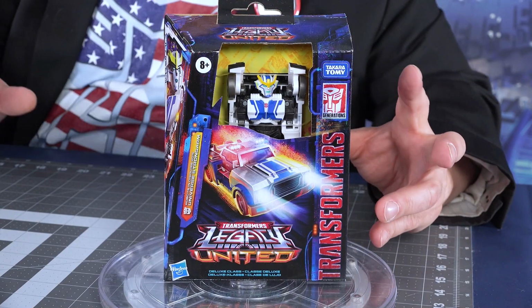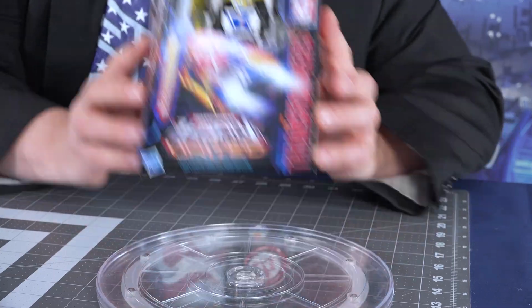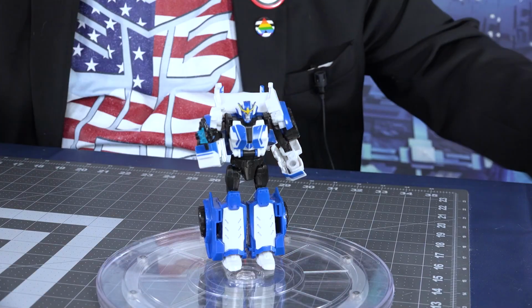It is the Robot in Disguise universe. Legacy United Strongarm. Yes! This is a brand new kind of retool, repaint, remold of Elita 1, but it is Strongarm. But that's not all we have, because this is a versus review, and I have the Warrior class Strongarm